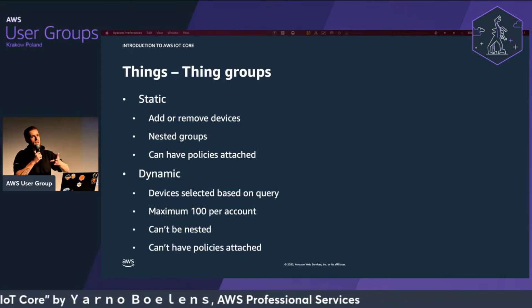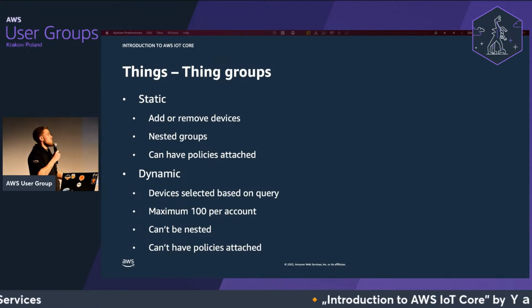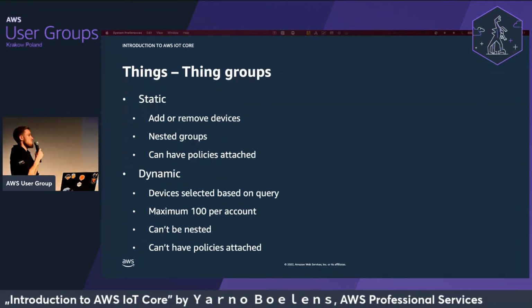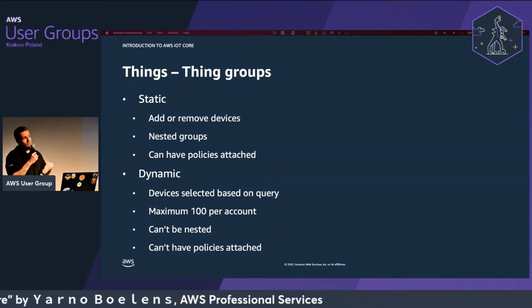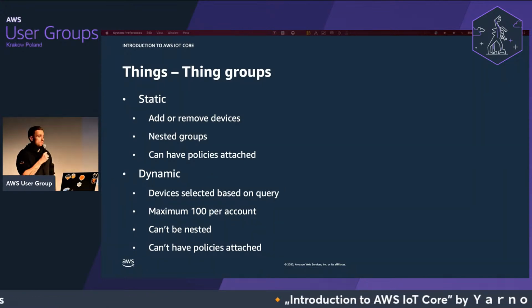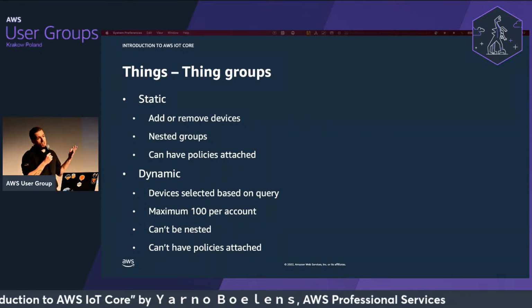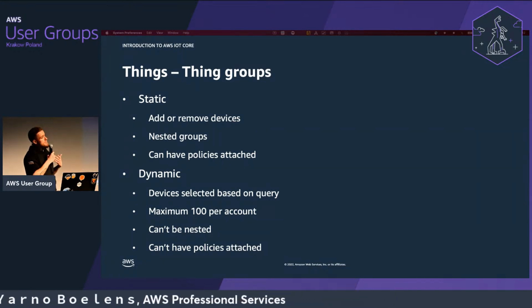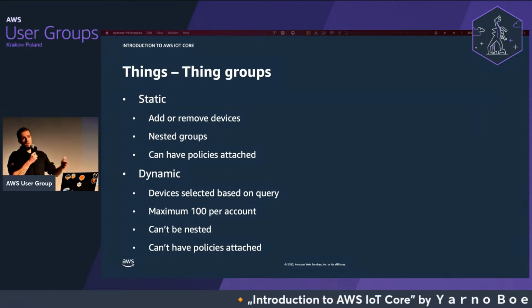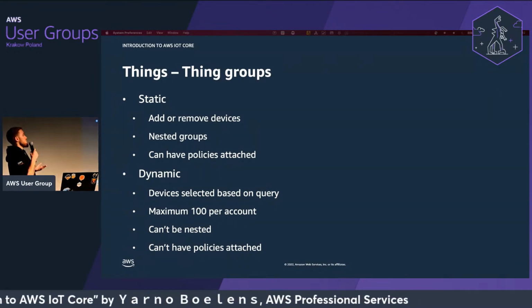Next up, we have dynamic groups, which you are not able to specify yourself. You're not adding things to the group yourself, and instead you are specifying a query. This query is looking at these searchable attributes that we were talking about just now in thing types. So you can specify a query that's looking for certain values at certain searchable attributes, and then groups them together within a thing group. You can only have up to 100 thing groups per account, so that's something to consider. And additionally, they cannot be nested, and you cannot put policies on them. Instead, you would, for example, use them to perform jobs, such as updating the firmware and such. Whenever you are performing an action on a group, it's automatically cascaded to any subgroups or the things within the